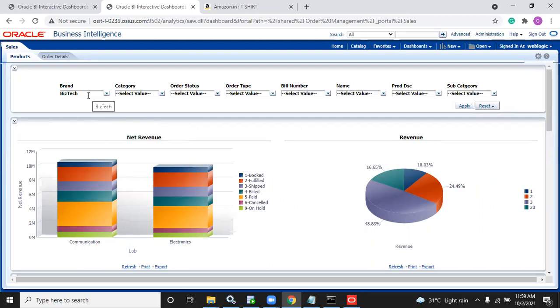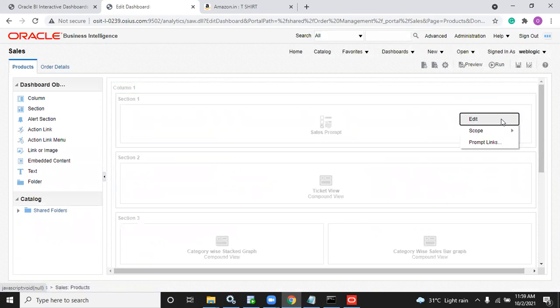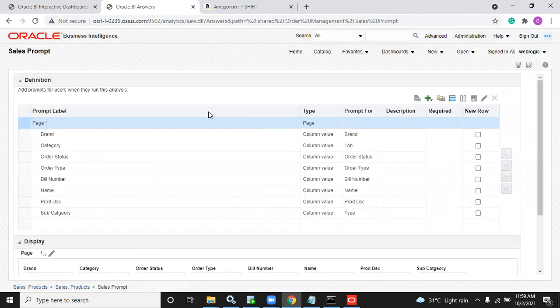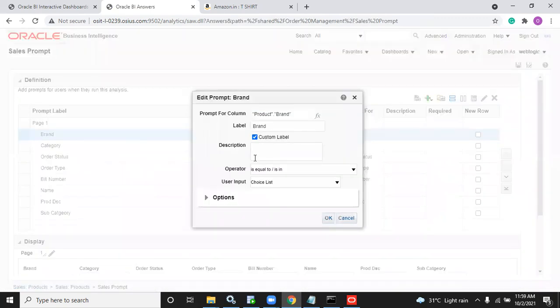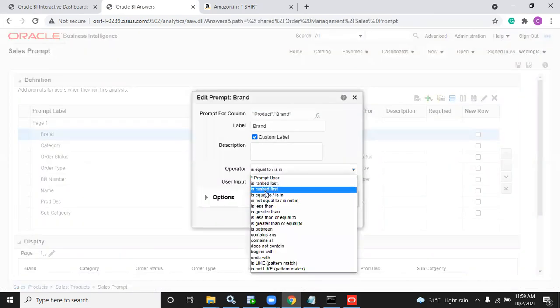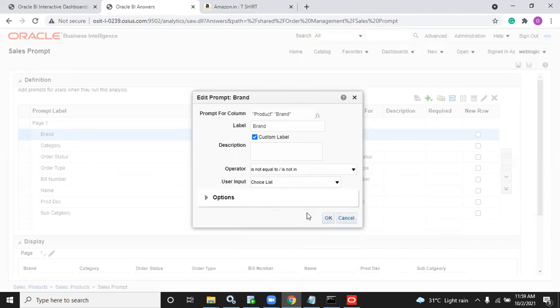I just selected a prompt on brand, then I created is prompted inside the report. So whatever I'm selecting, I'm passing it to the report. But from where is it getting equal to, why is it not considered as like? Am I correct or not? So that is called the options, what you asked me. Inside the prompt, there are multiple options like equal to, greater than, less than. Example, inside my brand, if I select instead of equal to, where is not in? Where is not equal to? Yeah, not equal to. That means whatever the value is selected, that will not come, other than that, all will come.